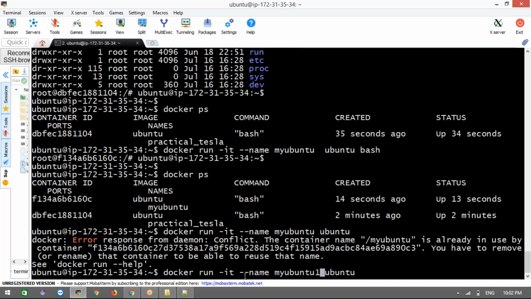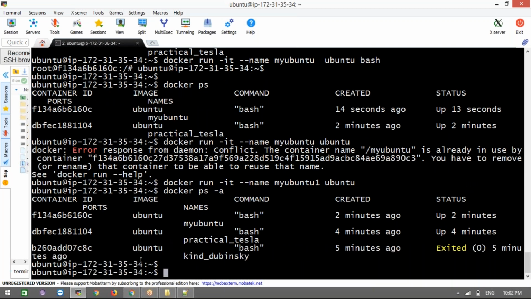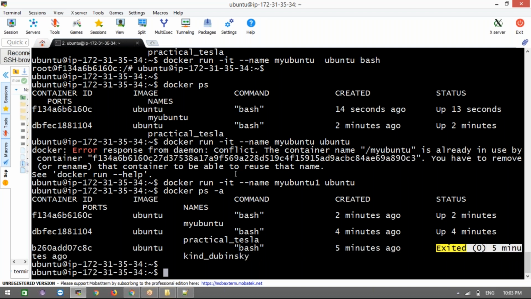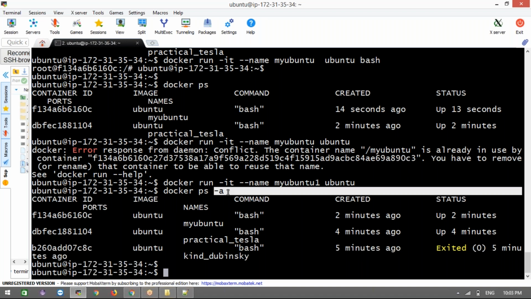Now I will show that. docker ps -a. How many containers are there now? See, this is Ubuntu one. Ubuntu is already stopped from when we ran it, right? We did not give -it, so it ran and stopped. That time it shows the status Exited. If you want to see stopped containers, we use the option -a. If you want to see both stopped and running, you can use -a.